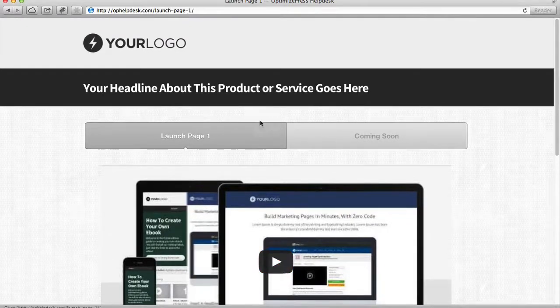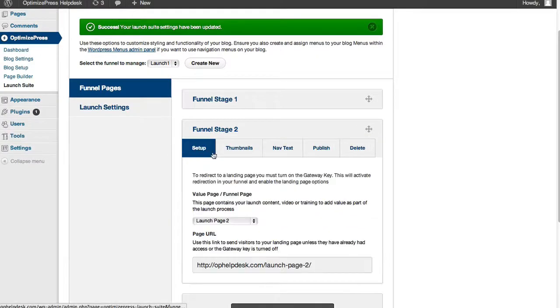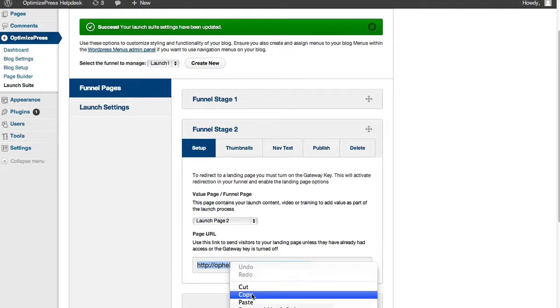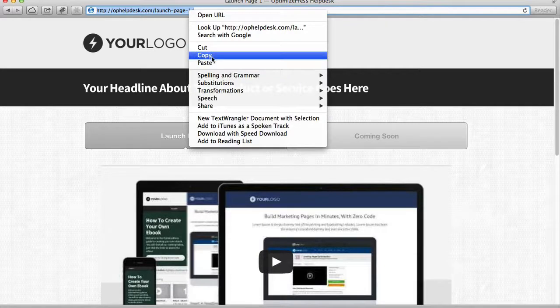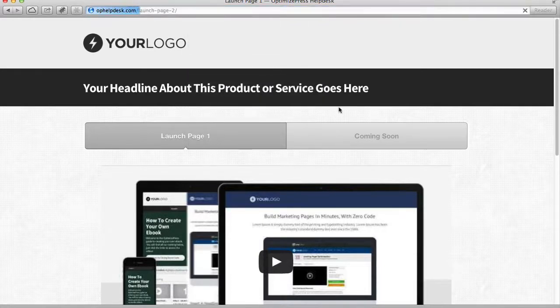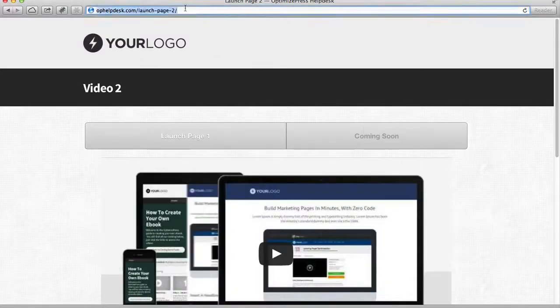So what would happen is that you would send people from your landing page to page 1 of your launch funnel, and they would be under the impression that they're then on day 1 of the funnel. Now on day 2, 3, or whenever you choose to release the second piece of content, you would simply send them a link to the second page of your funnel. So if I go down here and grab the launch page 2 link and open up my different browser here and paste this in, you will see now that my page automatically recognizes that this second page is live,